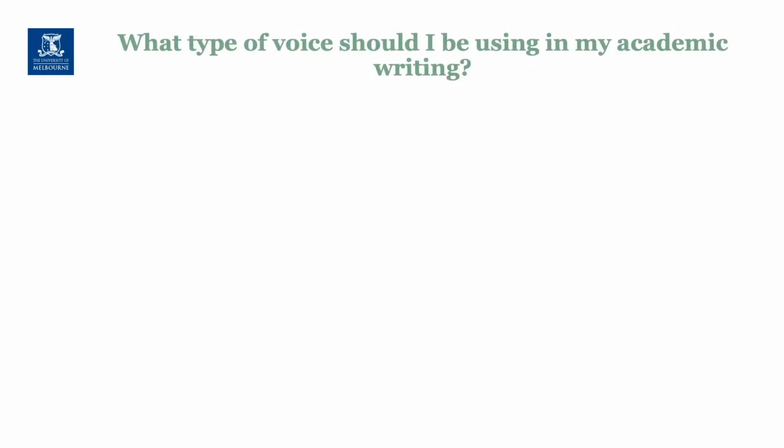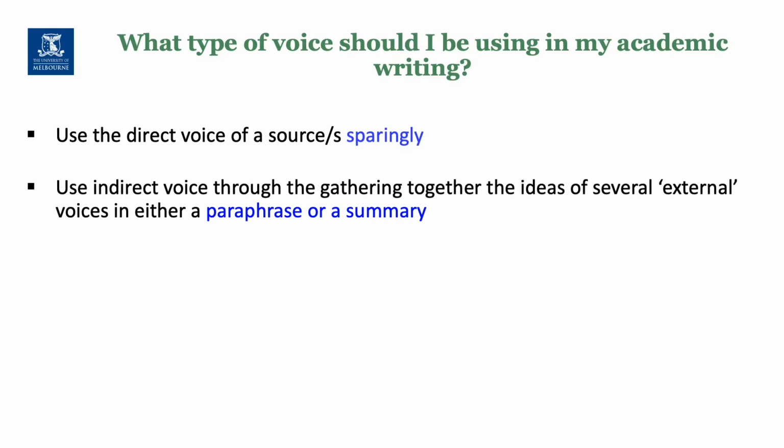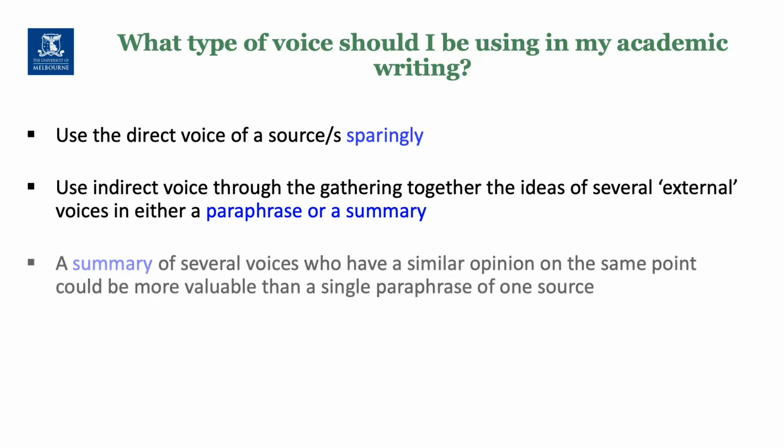So what type of voice should you be using in your academic writing? The use of a direct voice needs to be used with care in academic writing. In fact, direct quotation should make up less than 10% of your work. Probably around 5% would be better to aim for, but it does depend on what type of text you are writing. Instead, try to gather together the ideas of several external voices in either a paraphrase or a summary. Your reader may prefer a quick summary of several voices who agree on the same point, rather than an extended